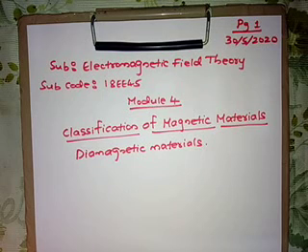In paramagnetic materials, atoms are arranged randomly. When the external field is applied, each atomic dipole moment experiences a torque. Due to this, what will happen? The atomic dipole moments will align in the direction of the external field. This is in the paramagnetic materials. Examples of paramagnetic materials are tungsten, potassium, and others.